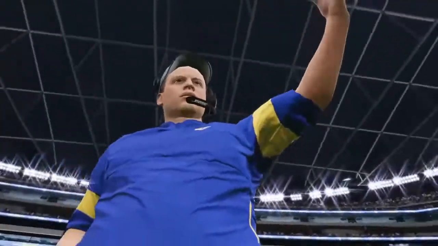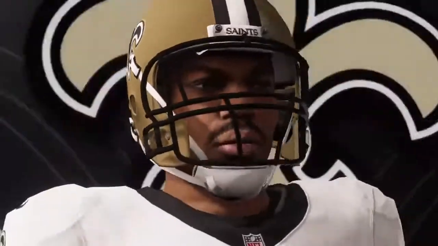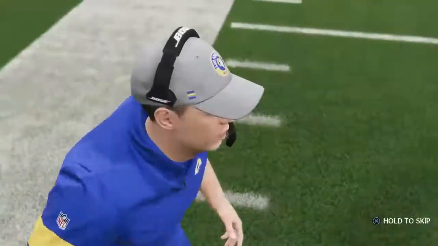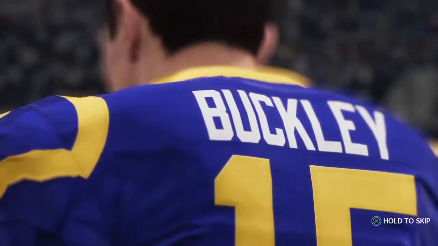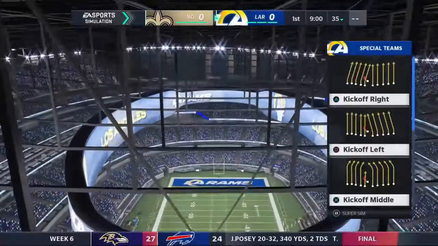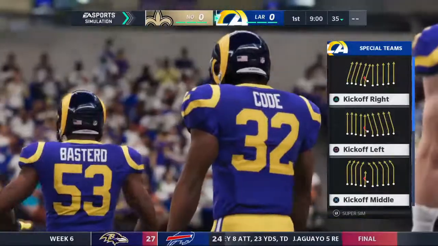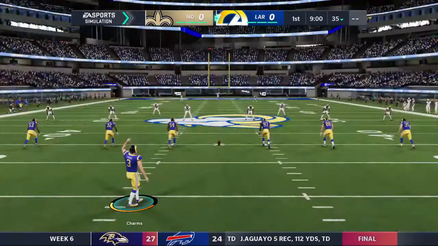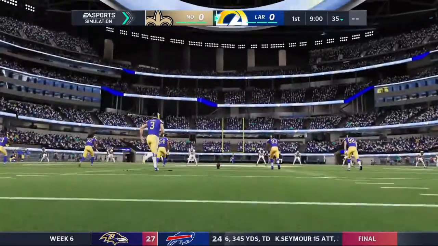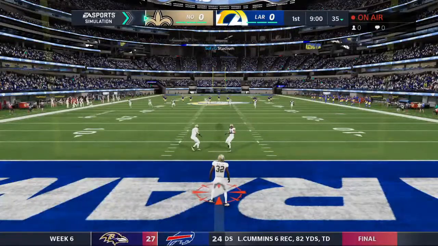Tonight, from SoFi Stadium in Inglewood, California, it's a special prime time edition of the NFL on EA Sports. We are pleased as always to be bringing you coverage of the National Football League on EA Sports. Tonight we finish off Week 6 with a good Monday nighter between the New Orleans Saints and the Los Angeles